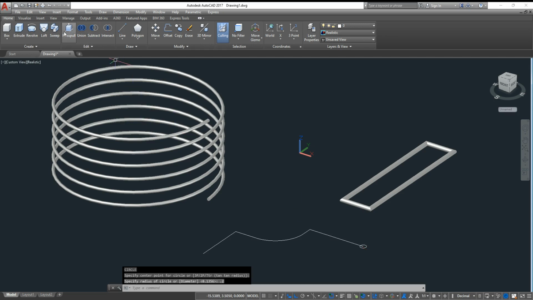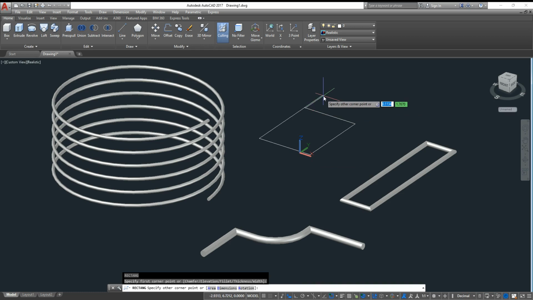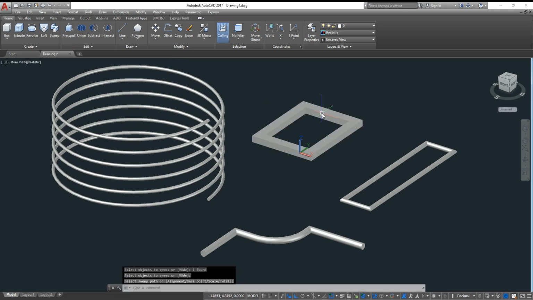So let's now sweep so that the object will not be unable to sweep again in our command prompt. So let's see. And that will now be our object converted with the sweep command. Let's have another one. If that is a rectangle, to the drawing also, let's have another rectangle. So REC from here and then here, sweep again to convert a 2D object to the alignment, which is the rectangle. And that's how we can use the sweep command.